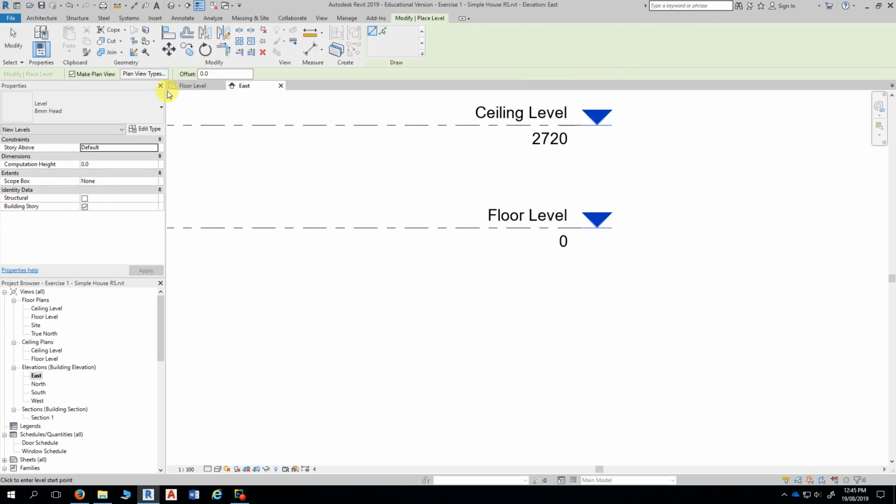We go across to the options. Now, what do we have to actually change here to make it non-story? Building story? Well, basically you untick make plan view. Untick plan view. So that by unticking that,